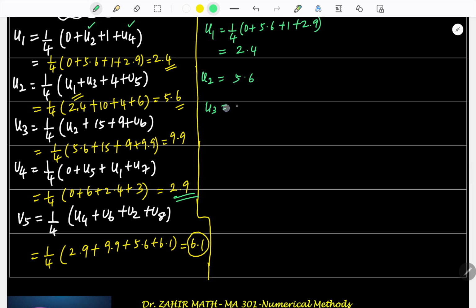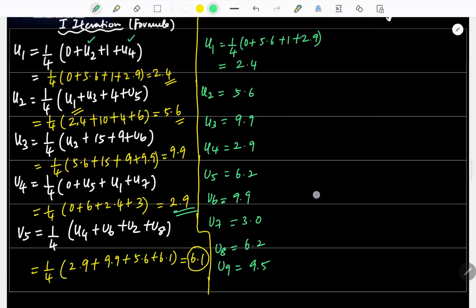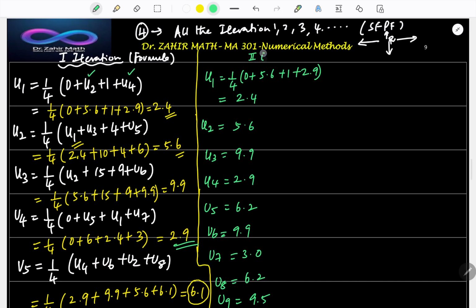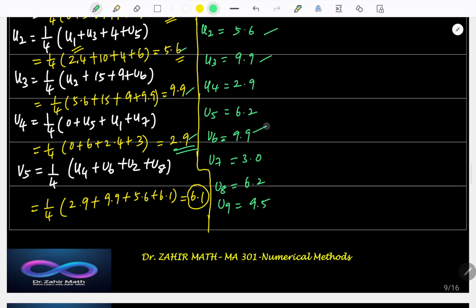In this way, u2 you will create, which is 5.6. Check it out. u3 is 9.9 and u4 is 2.9 and u5 is 6.2 and u6 is 9.9 and u7 is 3.0, u8 is 6.2, u9 is 9.5. The nearest value. So look at these values, first iteration and second iteration. Look at the values of first and second iteration, right? So 2.4, okay. 5.6, okay. 9.9, okay. 2.9, u4 is 2.9 is okay, right? And u5 is